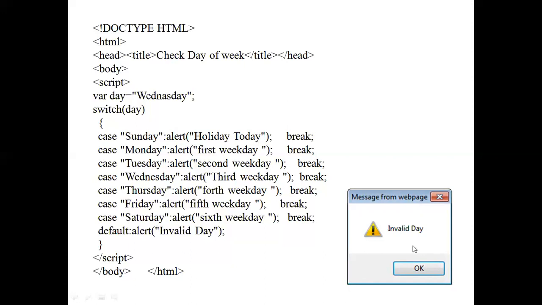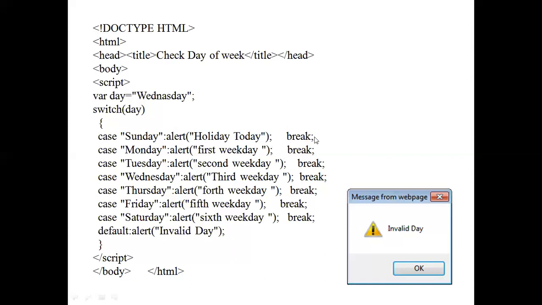Invalid day. Okay, so these were the 3 programs which are executed using the switch case. Here you have to learn the syntax properly: how you write, how you declare the variable, how you specify the expression, how you write the text value, how you write the integer values and so on, and how you display this. Remember to put a semicolon. This is a separate statement and break is a separate statement.